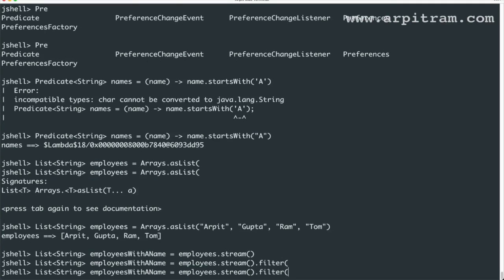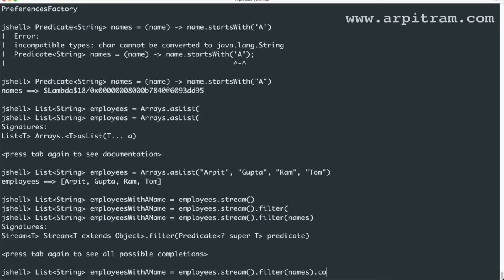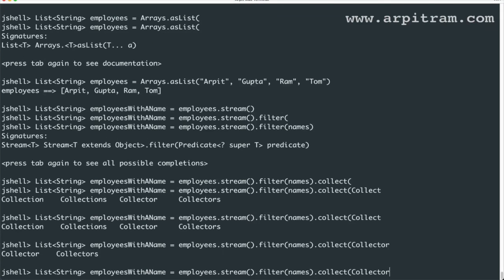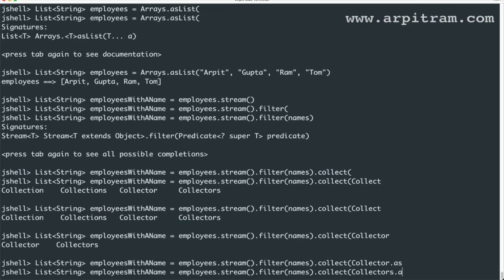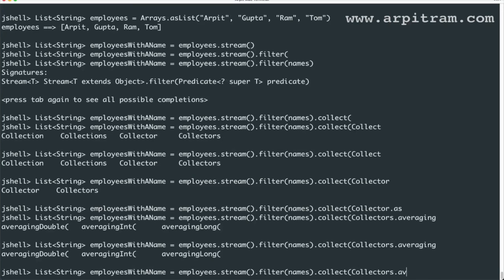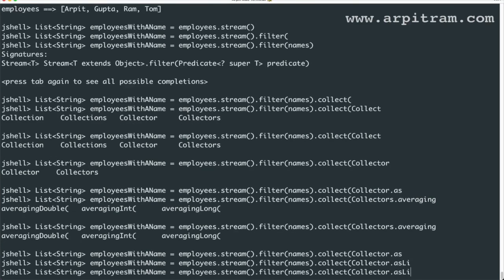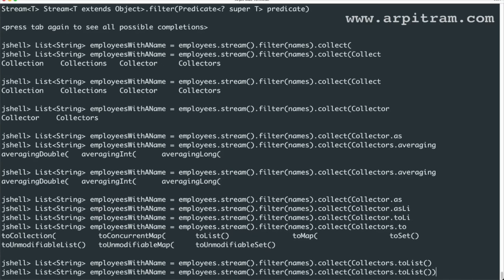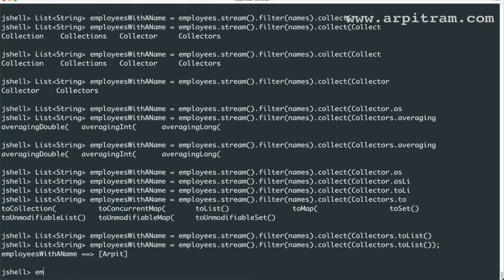This filter method will take a functional interface Predicate, so I just apply this predicate here, which is names, and I will collect this to a list, right? And now I want to just print all those things.